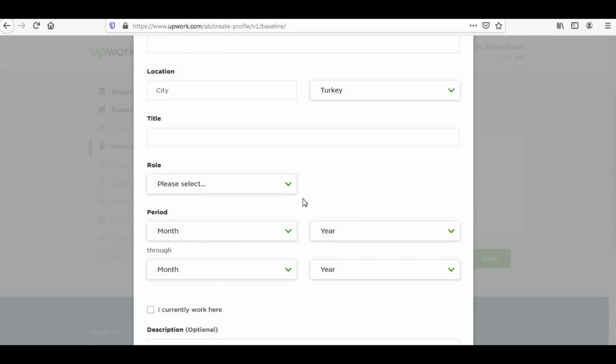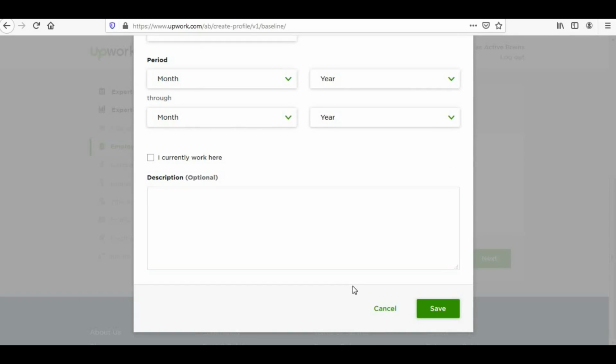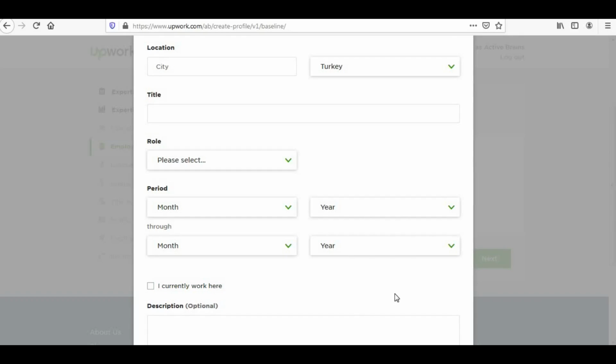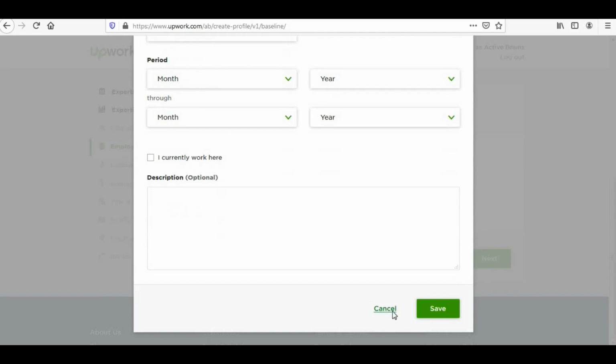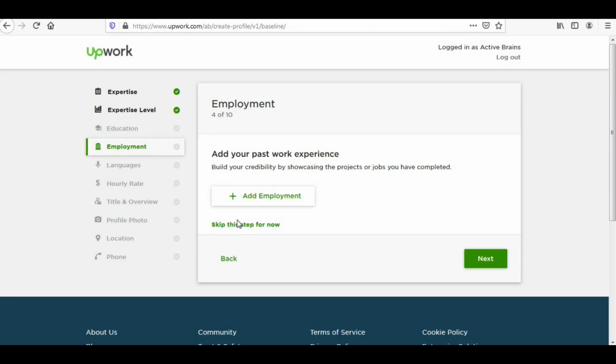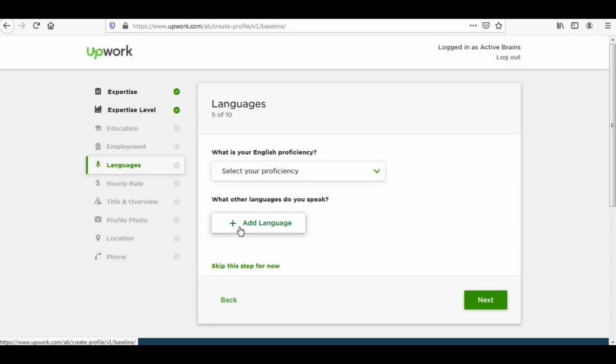That much you have worked, that much achievement, that many projects you worked on, you can write all of it here. After this, at step number 5, they are asking us about our language,